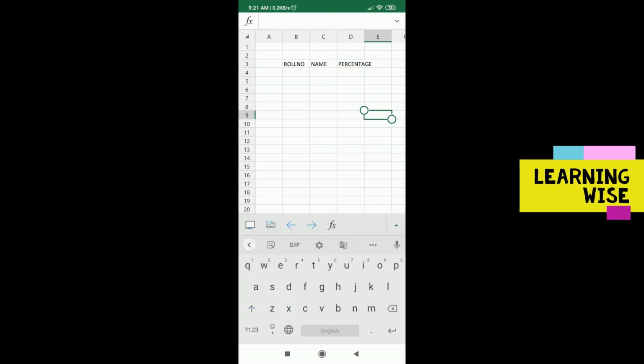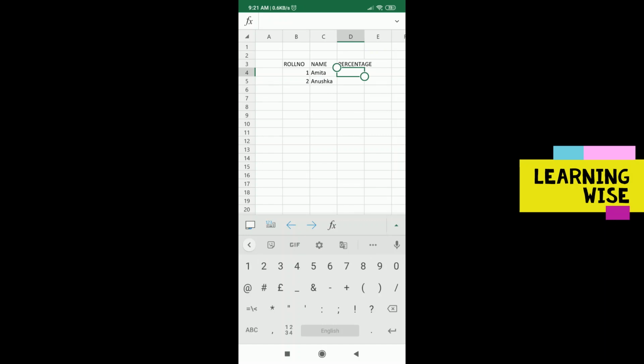Then let's say second record, right? Amita, and let's say Anushka. Two students are there, and the first child is 89 percent, and the second child is, let's say, 90%.